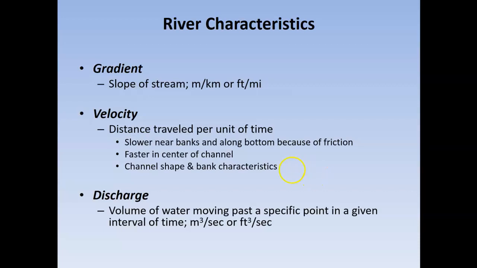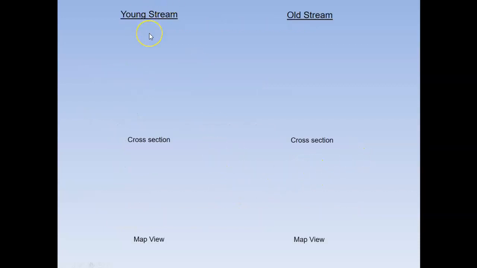some of those streams. So I'm going to try and draw for you really fast some of the differences that you would see between a young and an old stream. So remember, the young stream is typically the part of the stream that's up in the mountains. So it's carving into the mountain, it's growing what we say headwardly. And so what we see for that is if we were to look at a side view, a cross section of the stream, a profile,